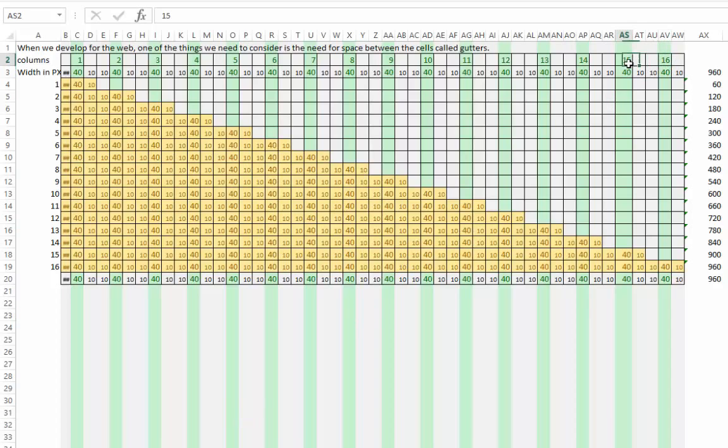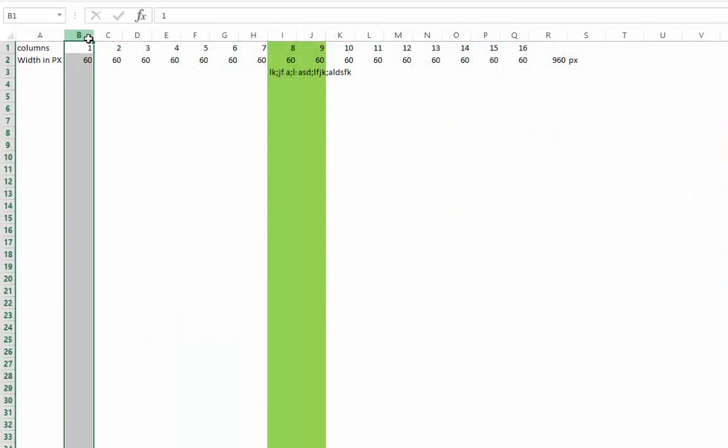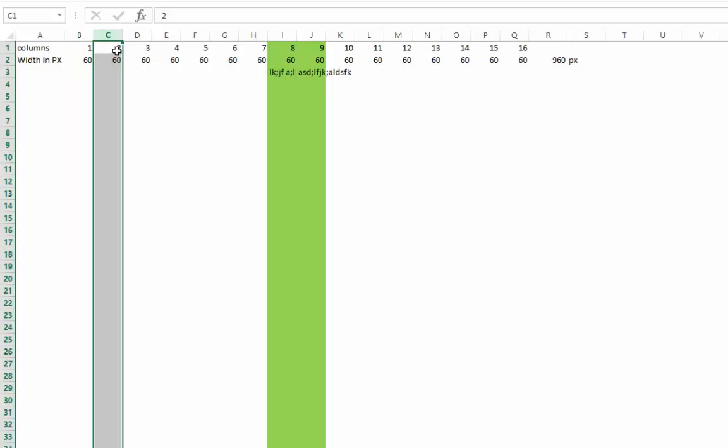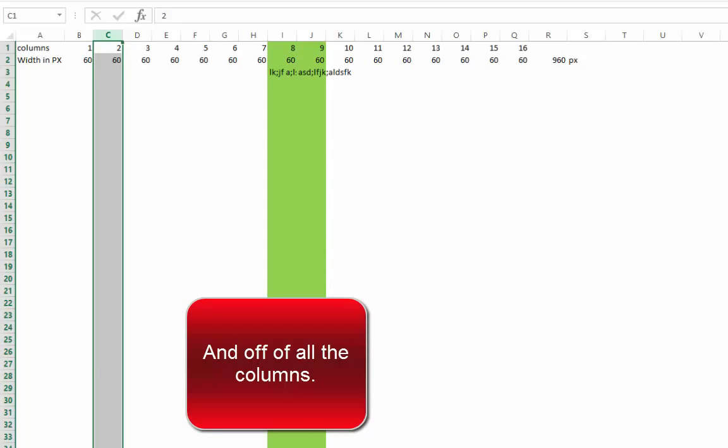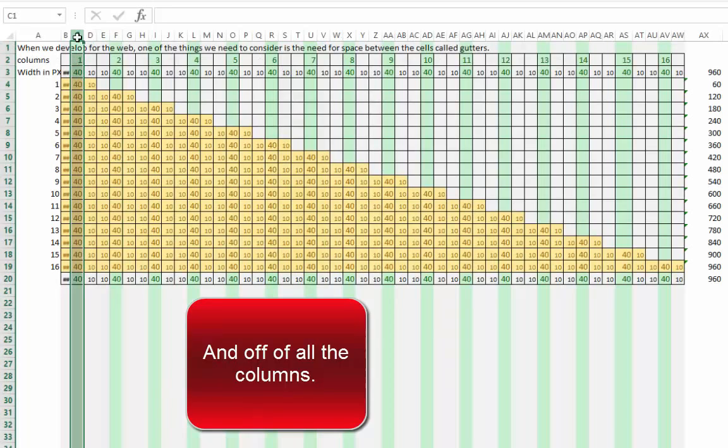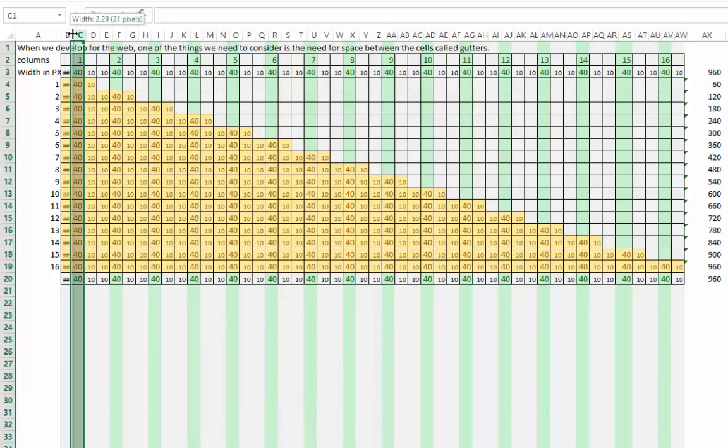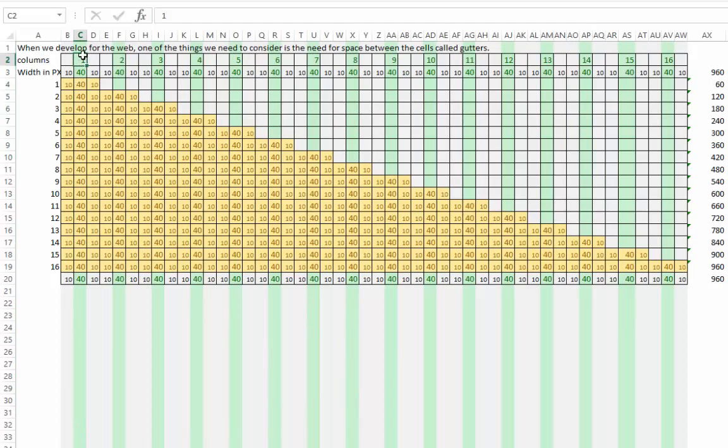But what we've done in this model is we have added these columns that will serve as gutters. So when I go in here, I'm taking that same column, column 1, and in order to get those gutters I'm taking 10 pixels off of the left and off of the right of column 1. I'm also taking 10 pixels off of the left and the right of column 2. And what that does is it brings it so that here's column 1, and let me spread this out a little bit more. So what you're seeing here is column 1,